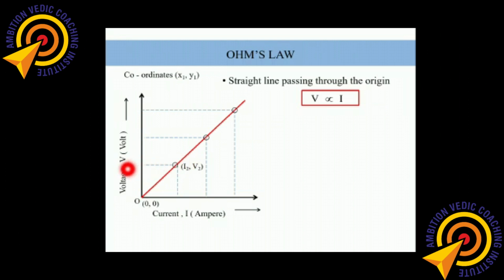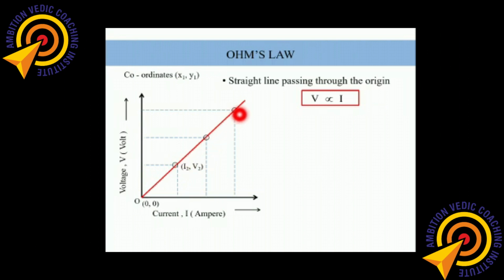We took a small cell and applied a voltage, so the current was this much. Then we replaced it with a different cell. That cell has more voltage, so it is producing more current. Then we took a third cell, and it produces this much current. So we obtained the coordinates: this is the first coordinate, second coordinate and third coordinate.